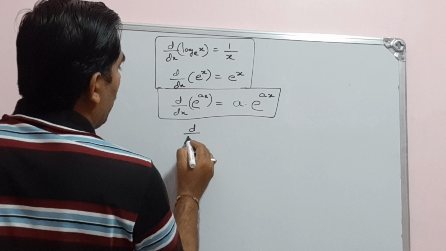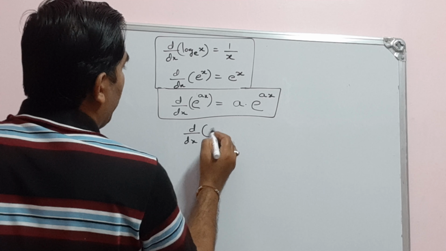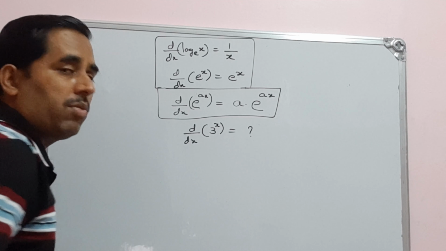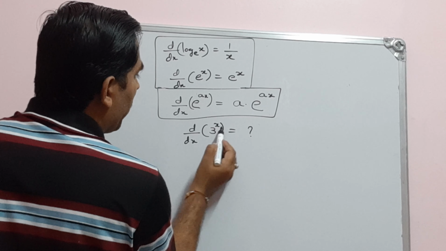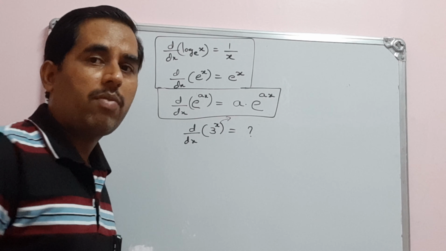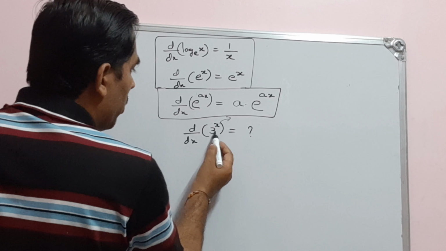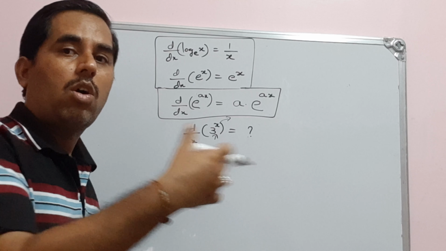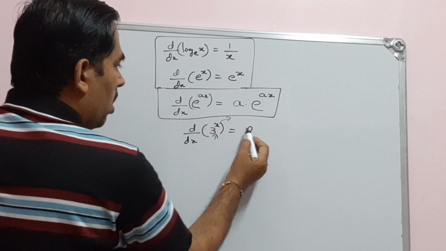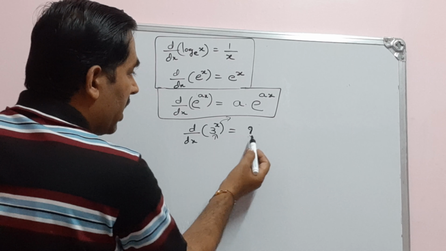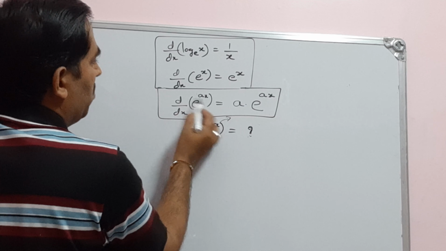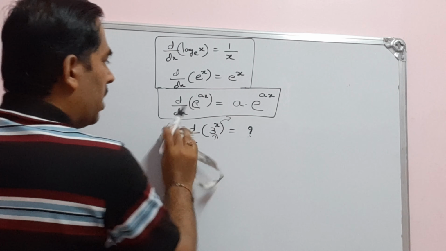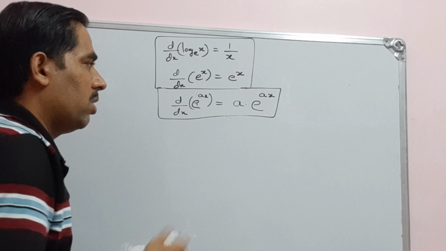Then similarly, what is the derivative of 3 to the power of x? How do you write it? We have drawn the graph of 3 to the power of x, 2 to the power of x, exponential functions. How do you write the derivative of 3 to the power of x? We have to follow logarithmic differentiation, which is another method here. By following that method, we can write the derivative. If the base is e, then we can write the derivative of e to the power of x as e to the power of x only. This we shall discuss in our next class.